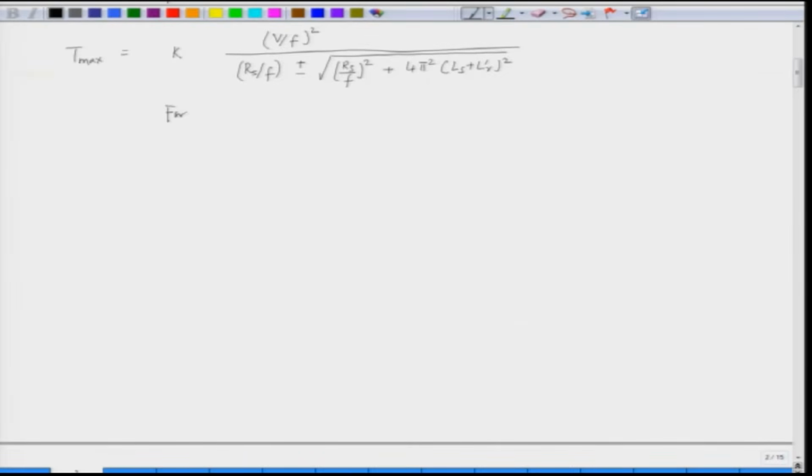Now, usually the frequency is high. When we are talking about a 3-phase induction motor, let us say the normal frequency or the rated frequency is 50 hertz. So, when you operate at 50 hertz, f is a large value. We can vary the frequency, but if the frequency is on the higher side, we can ignore R s by f with respect to the reactive part. So, in this case, for higher value of frequency,